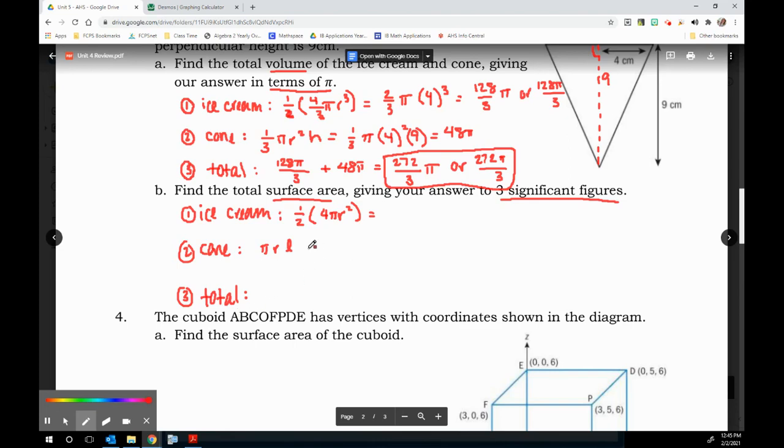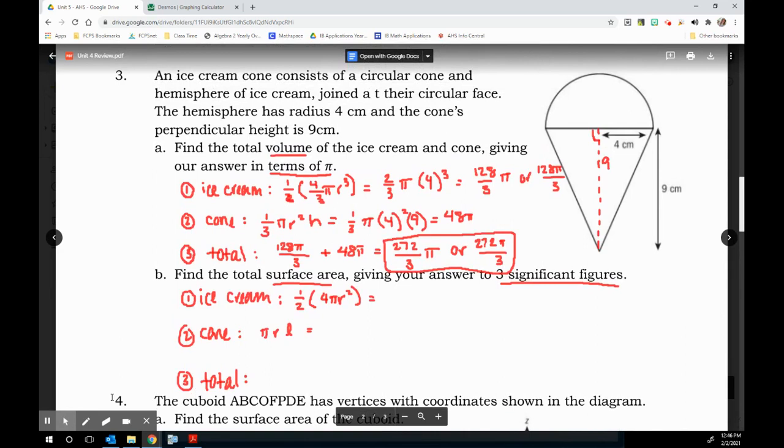So what I'm going to have to do in order to find it, let me go back up to my diagram, is I'm going to need to find this slant length. So again, you're always looking for right angles. We have a right triangle here. So I have this height of 9, I have the length of 4, and I can use that in the Pythagorean theorem to find this slant length. I'm going to call it L since that's what it is in the formula. So using Pythagorean theorem,